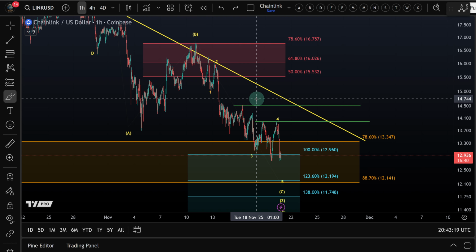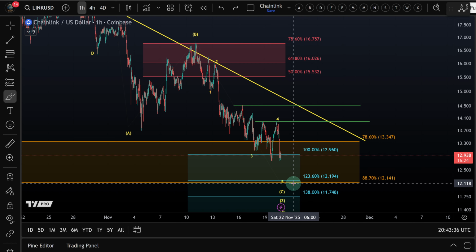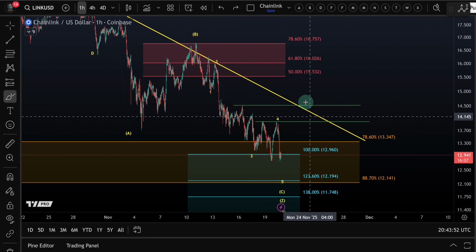And all I'm saying is extensions are still possible to the downside. But obviously, the closer we get to the next fib level at around $12.14, where we have here the 88.7 retracement and the 123.6 Fibonacci extension level, two very important Fibonacci ratios and relationships, probabilities for an upside reversal increase. Probabilities increase for reversal. But for a real structural shift, we need to break above those levels at the